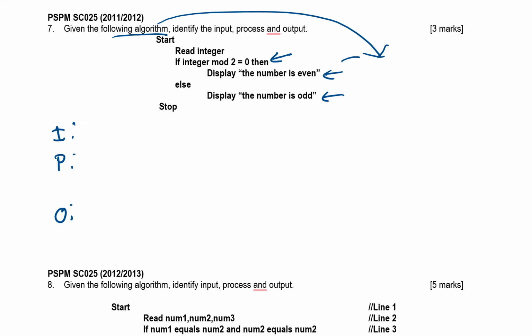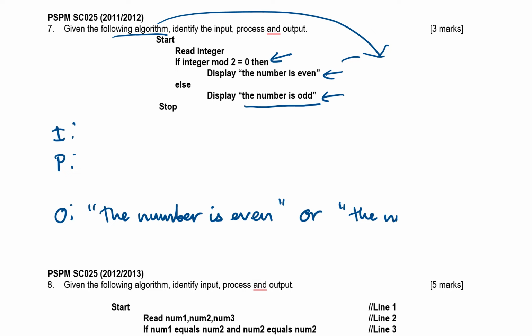So the output should be double quote, the number is even, or double quote. You just write down this one, the number